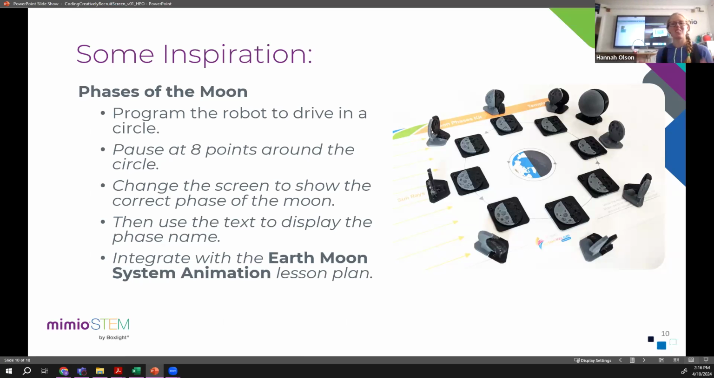But it's still a great time to start integrating and talking about phases of the moon with the robot. Now, if you noticed when I was showing the nature images up on my screen, we had the different phases of the moon all programmed. So I would challenge your students with the following. Program the robot to drive in a circle, pause when it gets to each of these 8 points around the circle that you can see in this diagram here, and then change the screen to show the correct phase of